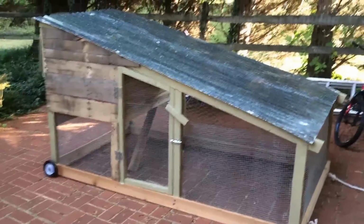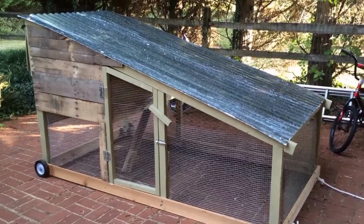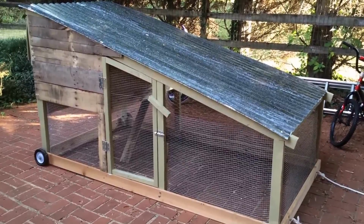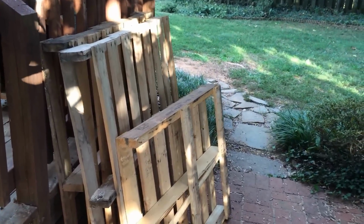So this is meant to be a kind of suburban mobile coop just to move around in the backyard, and the chickens will stay inside it, and there's a place for them to roost and lay. All these materials were purchased at a home improvement store or scavenged from pallet wood. You can break down the pallets by using a reciprocating saw with the metal blade just to cut through the